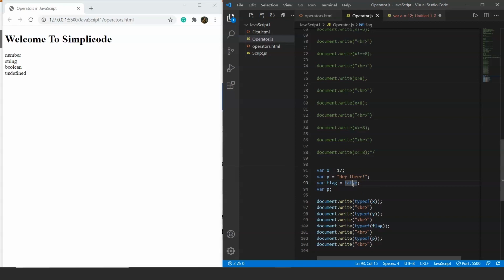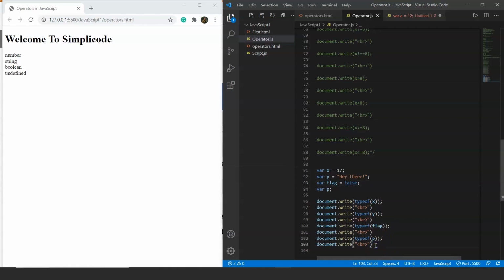There is a difference between undefined and null. Undefined means lack of value, whereas null means an absence of value, that there is no value at all. If you use null as the value for a variable, the typeof operator will return object.